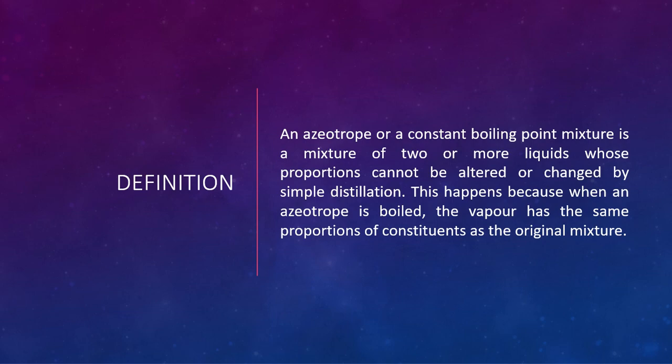So if your mixture does not have a boiling range and it has a boiling point, then understand that it is an azeotrope. This is how it's easier to grasp what azeotropes are. That is why we refer to them as constant boiling point mixtures. That is, the mixture has a constant boiling point like a pure substance has.